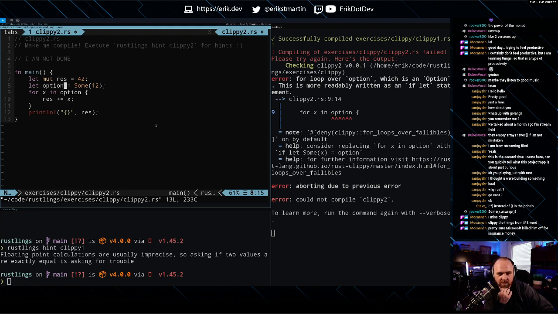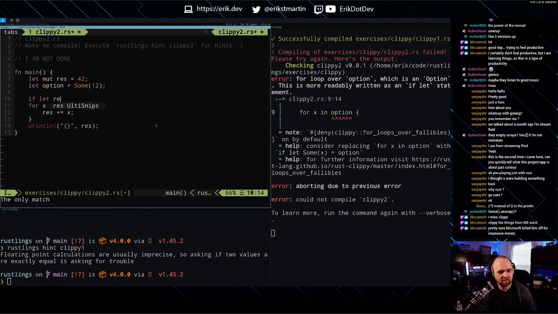For loop over option, okay. So that's the option, for x in option. So it's saying like if let result equal, right?